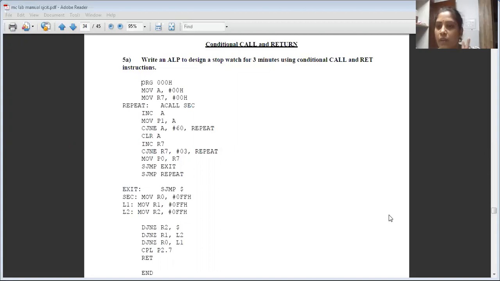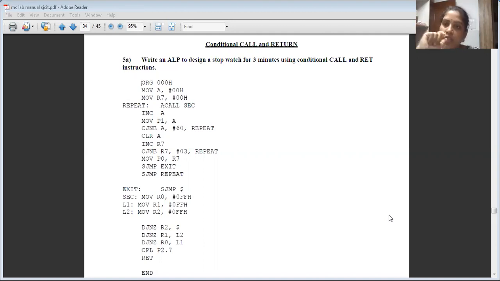So these two instructions will be used as a combination: the call instruction to jump from the main program to the sub program, and the return instruction to jump from the sub program back to the main program. In many cases, all the instructions can't be included in a single program. For example, a delay program will be written only once. That will be considered a sub program which will be saved in the system. In whichever program we are running, if we want a delay to be included, we'll just write a call instruction and specify only the name of the sub program.